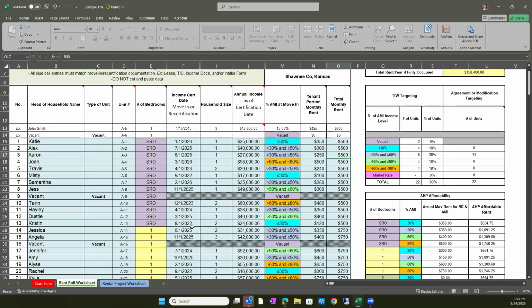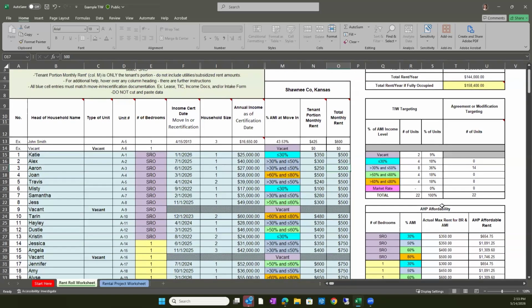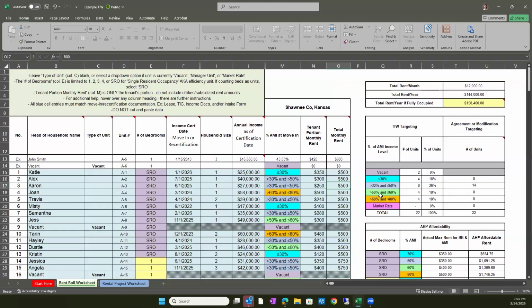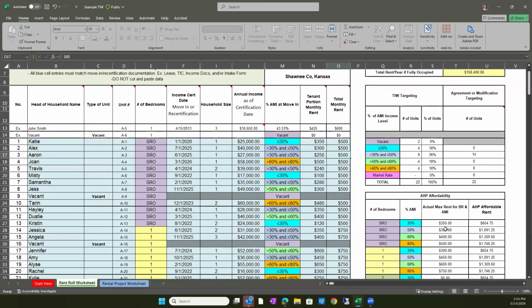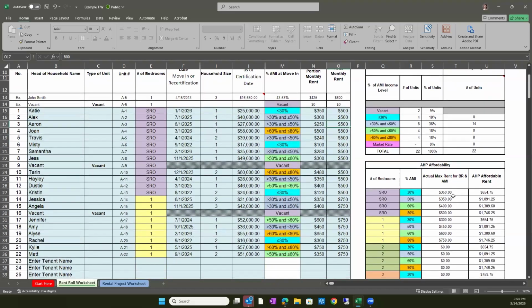Once you have entered all your tenants here, their income, their rent amounts, then the worksheet is going to complete an analysis on the right-hand side of the targeting mix, so the targeting categories that the tenants fall into, as well as a comparison of the amount of rent they're being charged versus our maximum affordable rent standards. If there's anything in red in the rent section, that indicates that there is somebody who's paying more than the AHP affordable rent off to the right. So that's an indicator that you may have somebody that will have to reduce the rent amount to meet